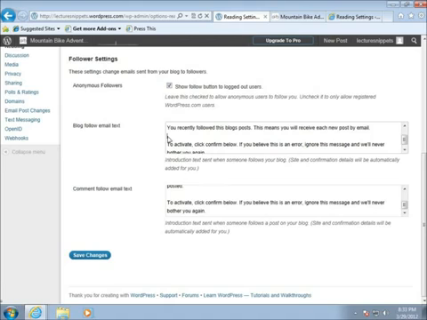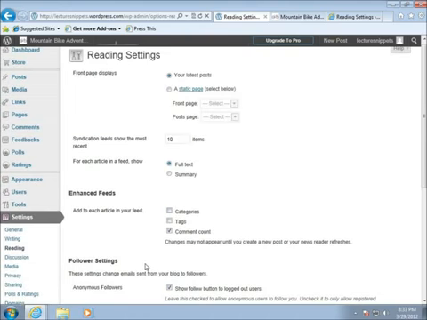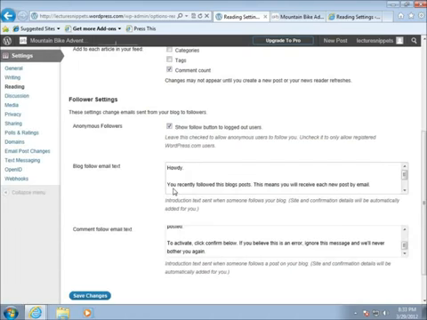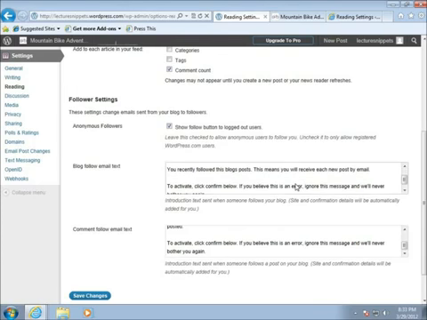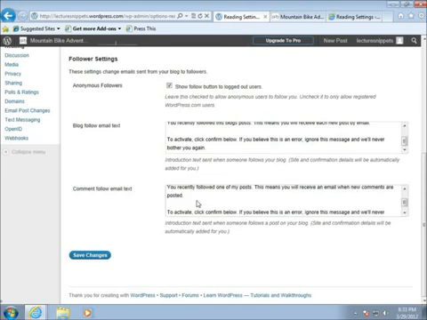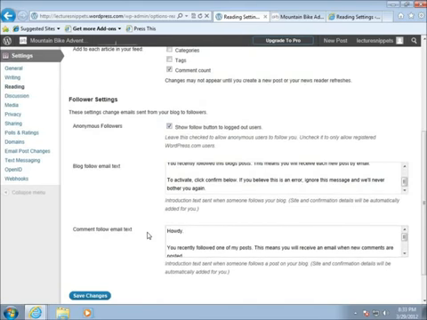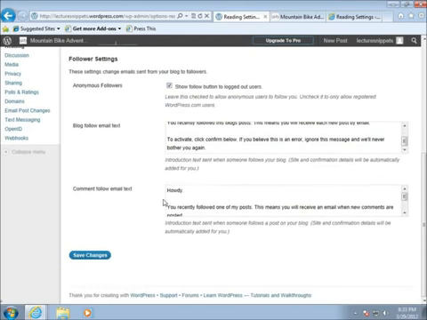And so here are the two different email texts, the information that will be sent to them if they choose to actually follow my blog. And it says, howdy, you recently followed this blog's post, and then it just goes on to more information that's there. You can reword that to be more specific to something that's more of your character in writing itself. Same thing for the comment following an email text. It starts off with howdy, so you may want to change some of this information if you're using the WordPress.com's